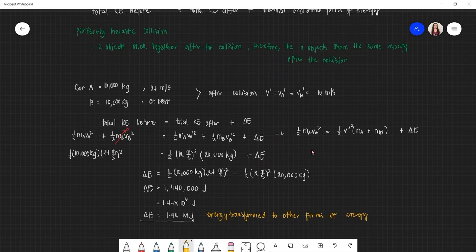Okay, so let's solve another problem for inelastic collisions. Let's try